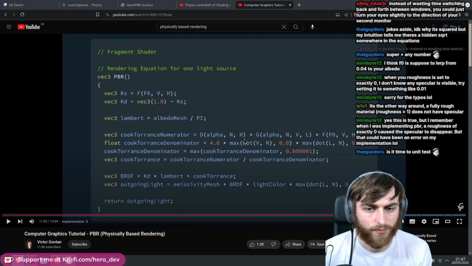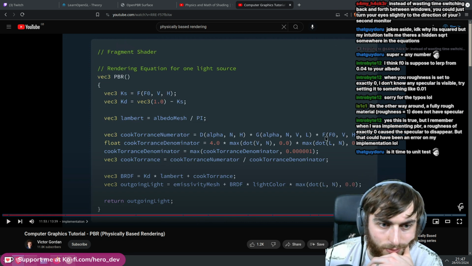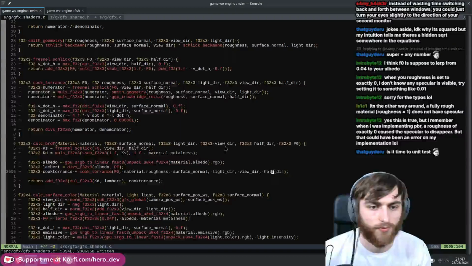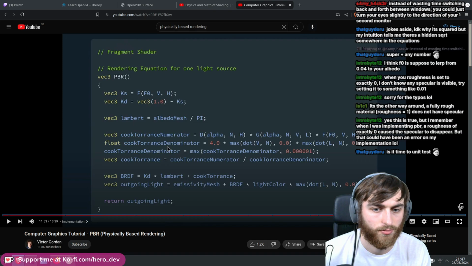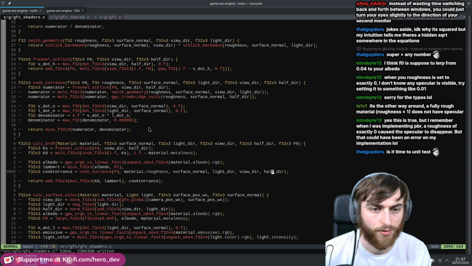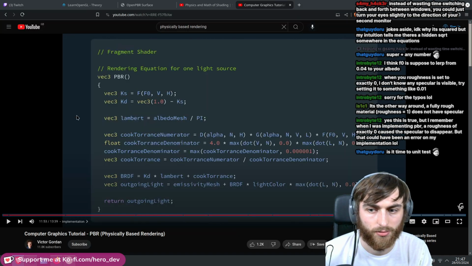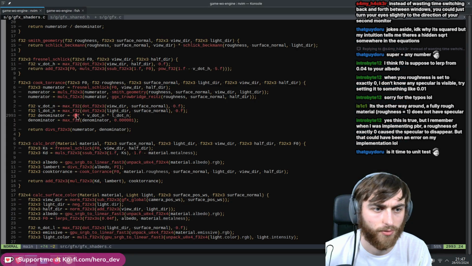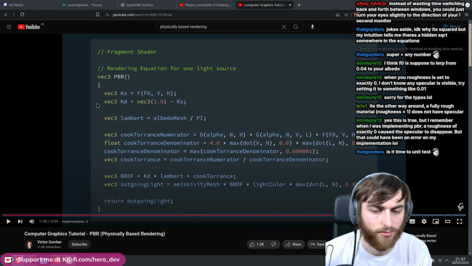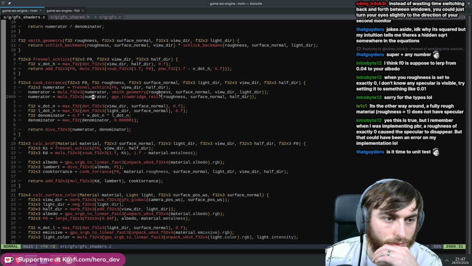Right, so it was D, alpha and all that, right? Multiplied by 4 times n dot l, n dot v. Yep. Wait, did I miss something there? Where's the denominator? Right, the numerator is all of this. Alpha, which is the roughness. Right, so for now,